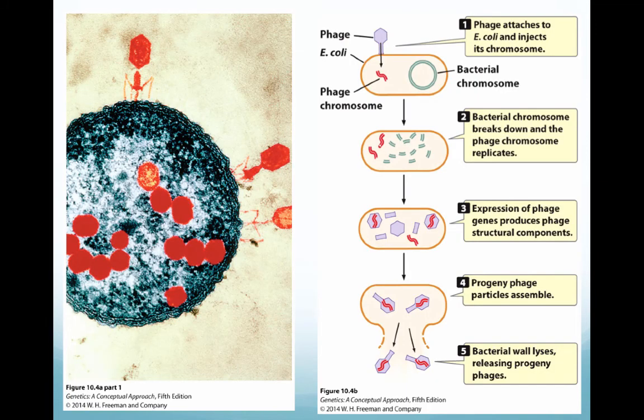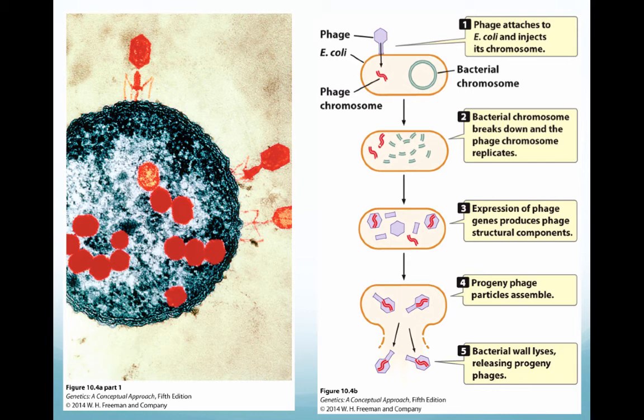So the next step was to actually try to figure out how this was happening. So Hershey and Chase, what they ended up doing was that they wanted to confirm that this DNA material was actually the genetic material. And so what they did is they took a T2 bacteriophage, which is a virus that